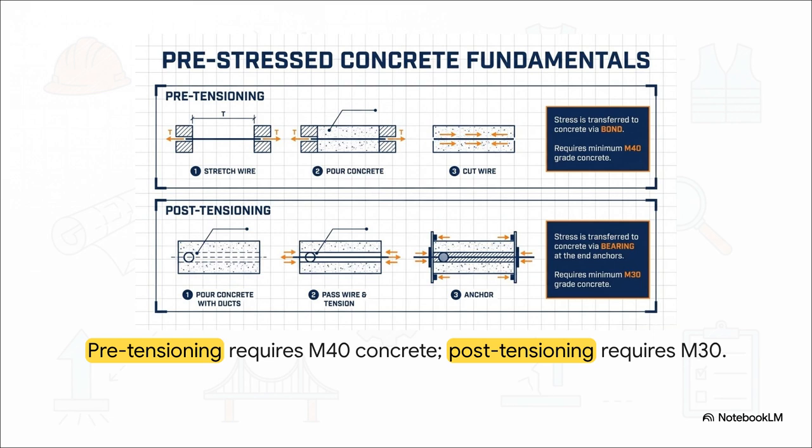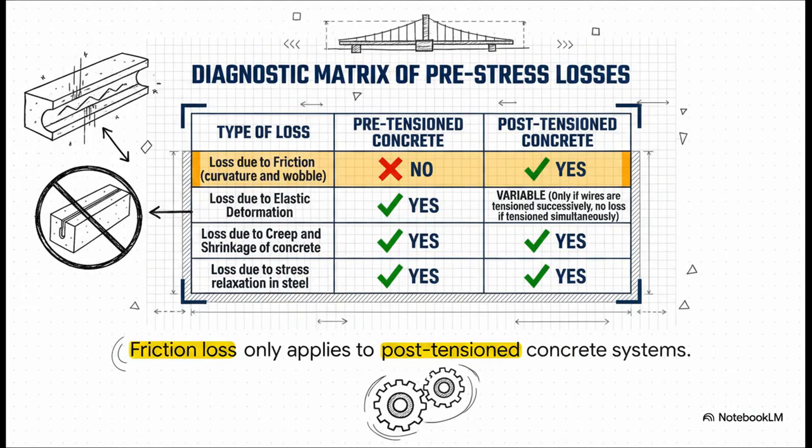Knowing exactly which system your team is running dictates your entire supply chain and quality control focus. And because of those mechanics, your risk profile shifts. Post-tension systems have literal physical friction as the wire rubs against the duct while it's being pulled. That's a variable that simply doesn't exist in pre-tensioned builds. If your engineers miscalculate this friction loss, the intended tension holding your building up will slowly fail over time.